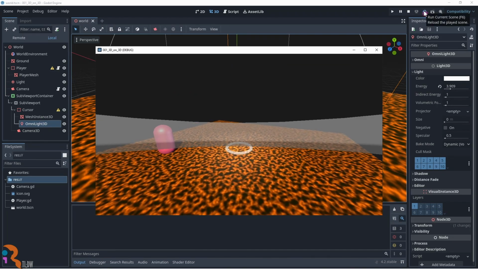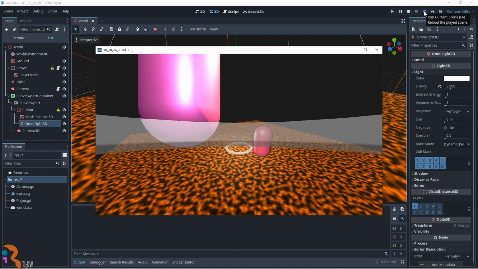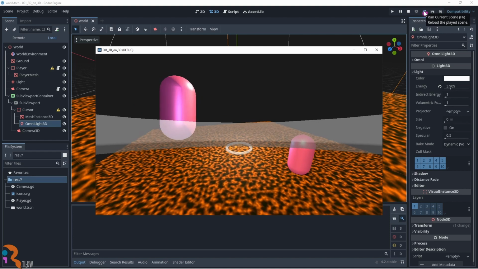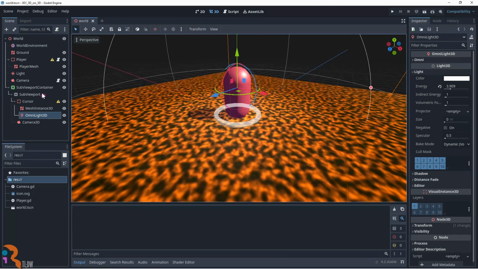A funny result. The world is shared among the two viewports and the two cameras are not synchronized, so the cursor appears at the same time from two different points of view.